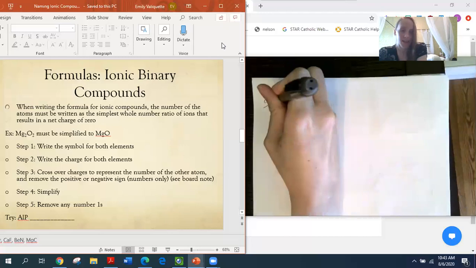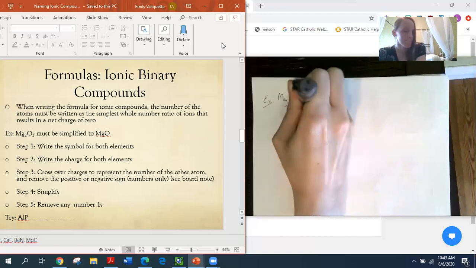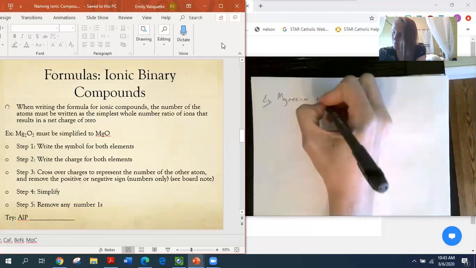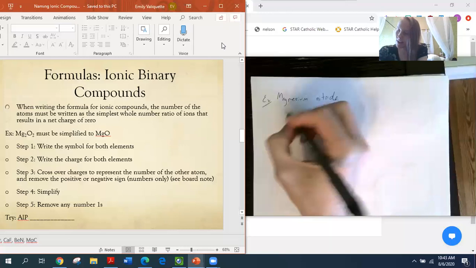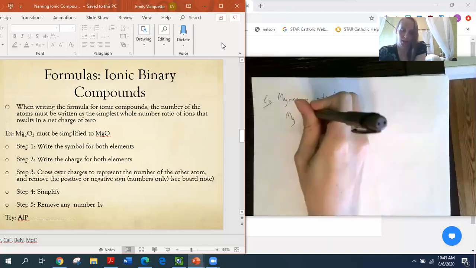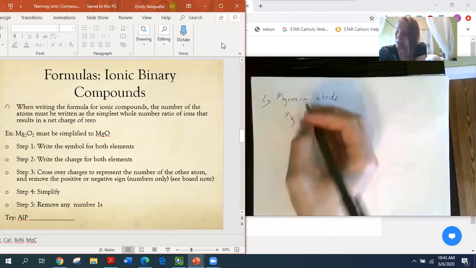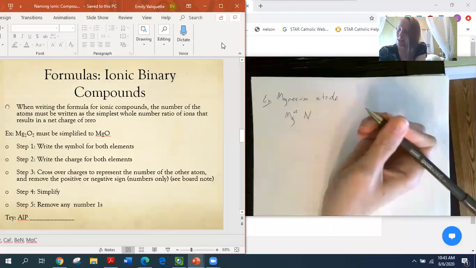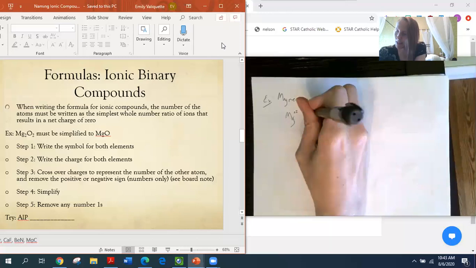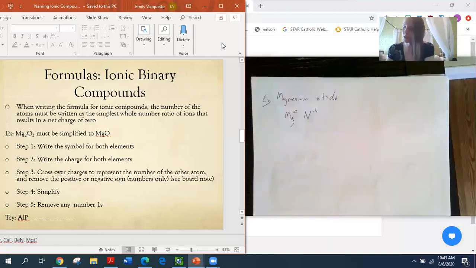So for example, if I had, let's say, magnesium nitride. I would start by writing the symbol for magnesium and for nitrogen. I'm then going to write the charges of each. So magnesium is in the second column, so it will have a charge of +2 or 2+. Nitrogen being in the 15th column is going to be -3 or 3-. I am then going to take those charges